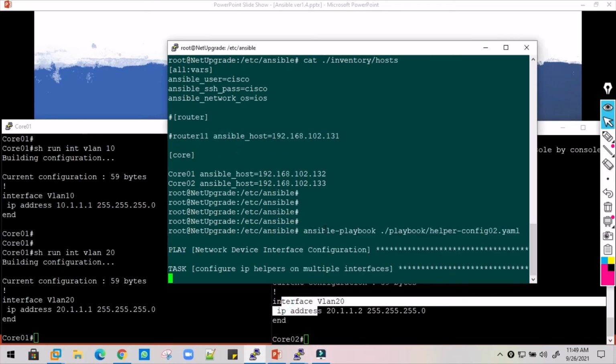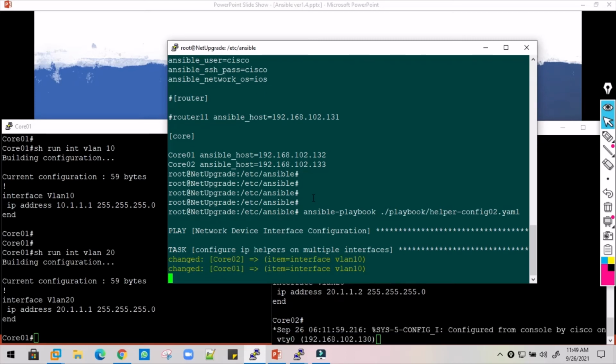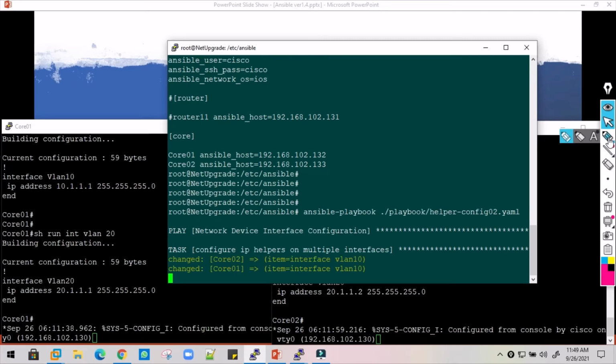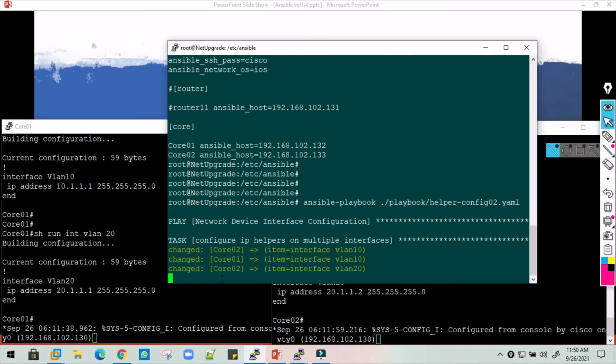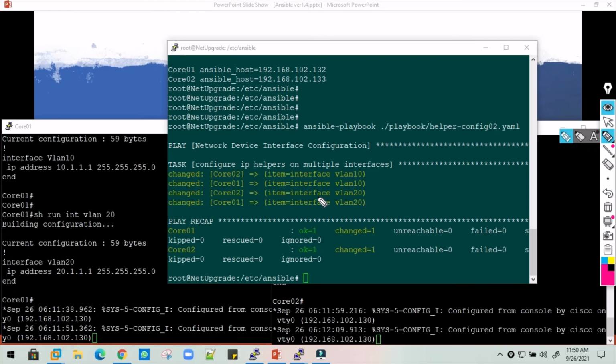The play has been executed, and there is nothing to execute in the play, so it passes and jumps directly into the task. Now let's execute the task, and if you have noticed, Ansible has logged into both the devices together and started configuring VLAN 10, which is successfully done. That's the reason it shows here. And now it starts configuring VLAN 20 on the second device.